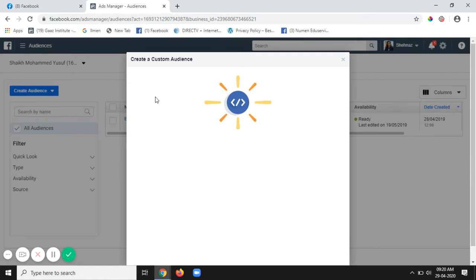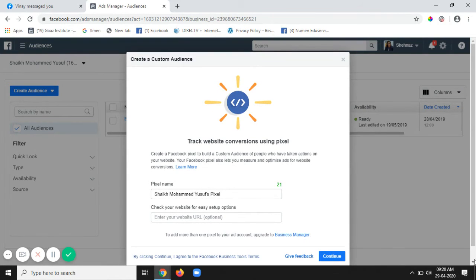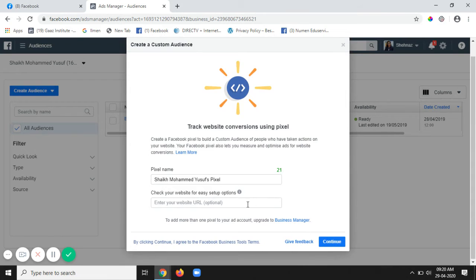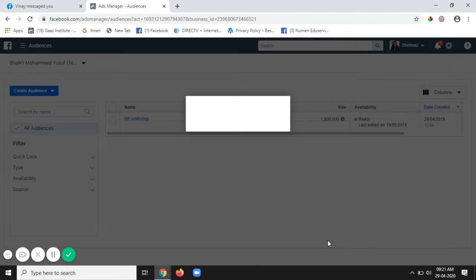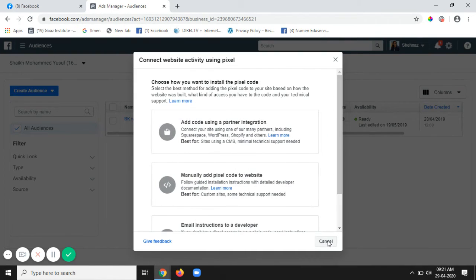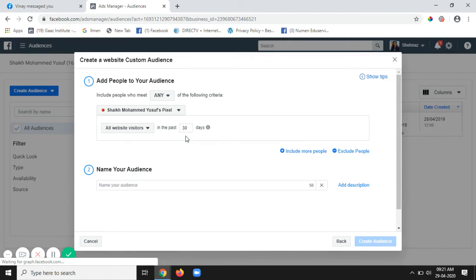Click on the website and put your website URL and click on continue. All website visitors in last 30 days. You can put 90 days